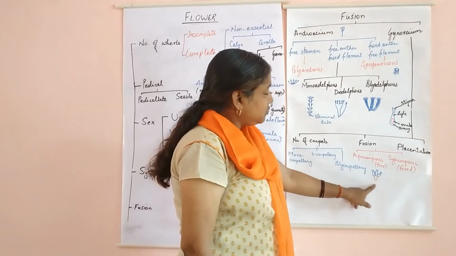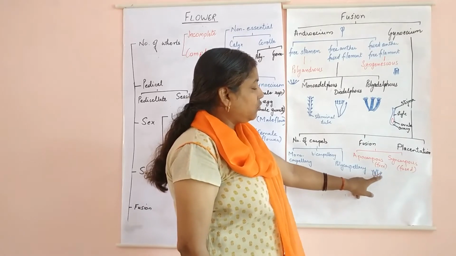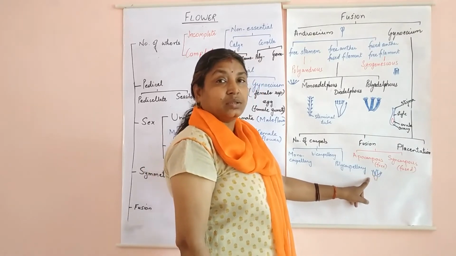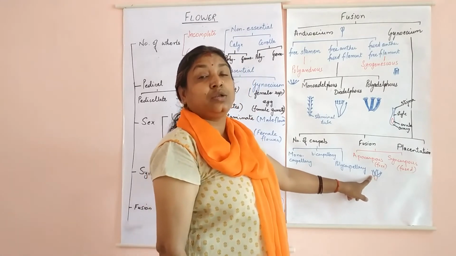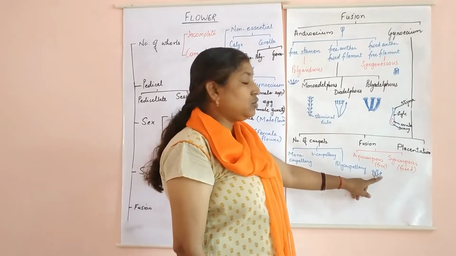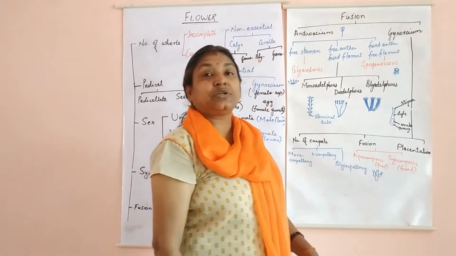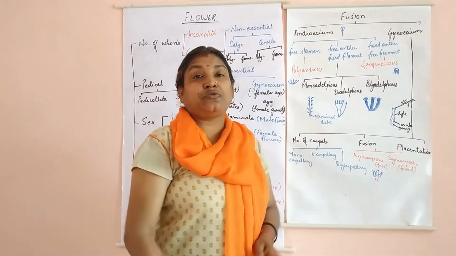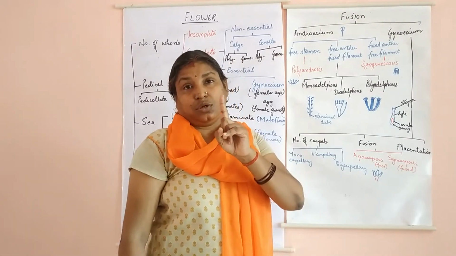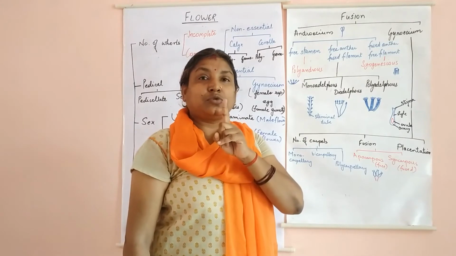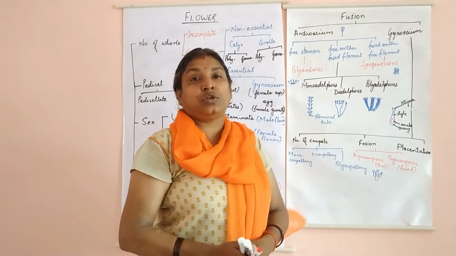So this is a structure which I have drawn. You can see many ovaries are present and all the ovaries are free. This you will see in the rose plant. In rose, all the ovaries are free. Coming to syncarpous, all the ovaries are fused, so you will have one single fruit. But when you cut the fruit, you will see the number of ovaries in it.